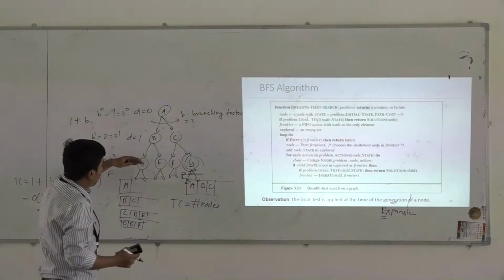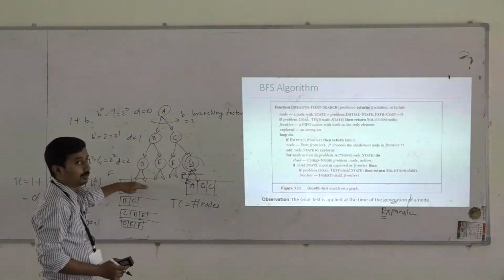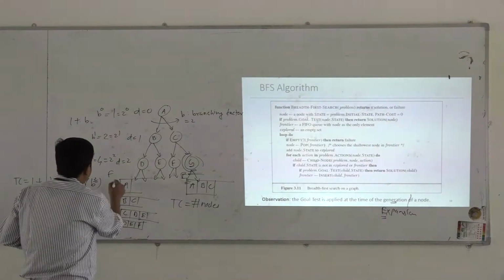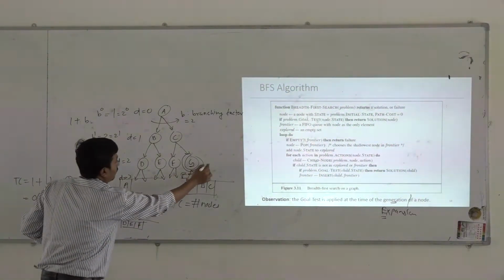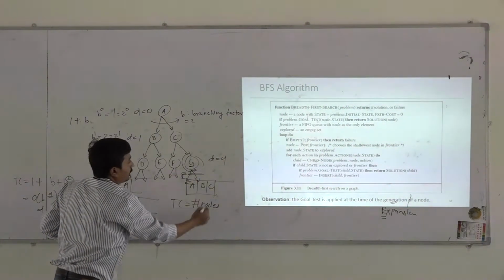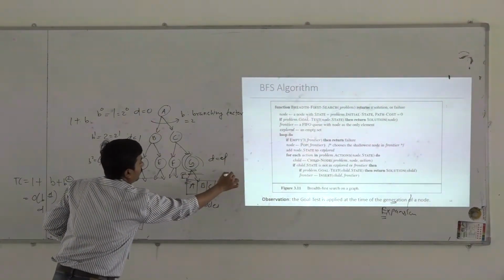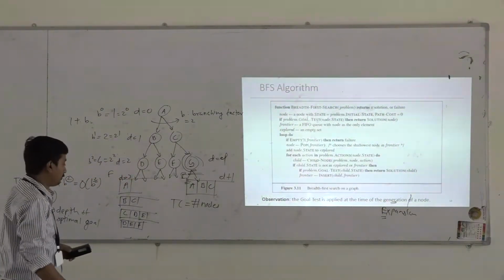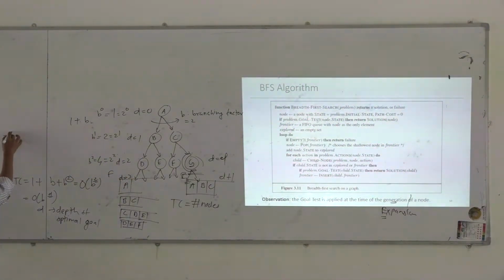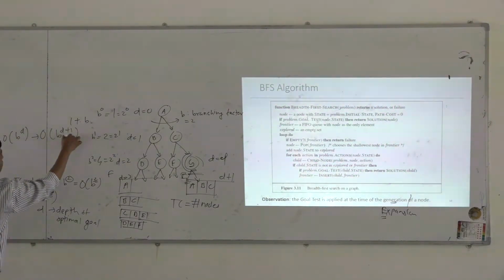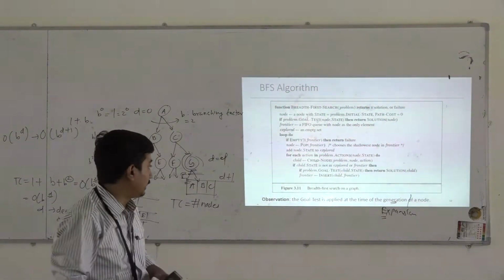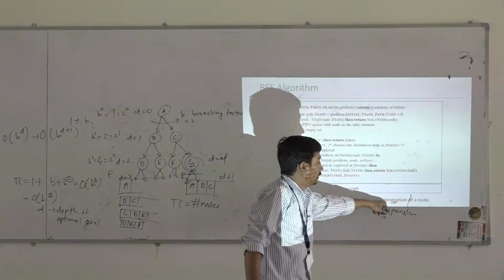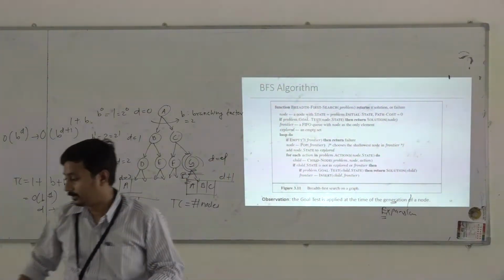Now we have visited the nodes at the next level, so it becomes depth 3. The goal was present at depth equals D, but you have visited depth equals D plus 1. So your complexity will increase from B raised to power D to B raised to power D plus 1. So it is better to apply the goal test at the time of generation only. That is the difference.